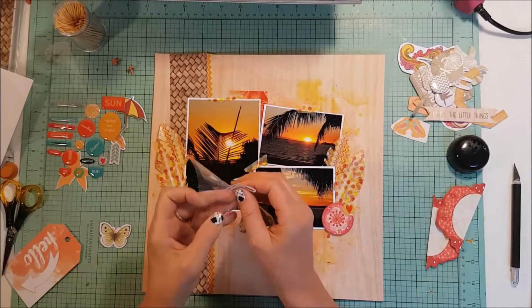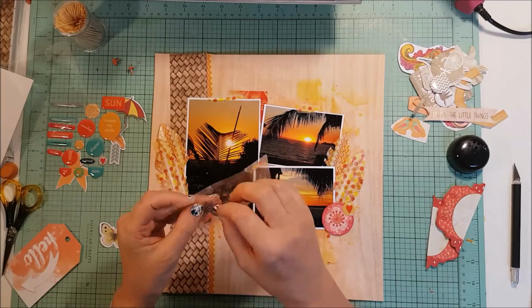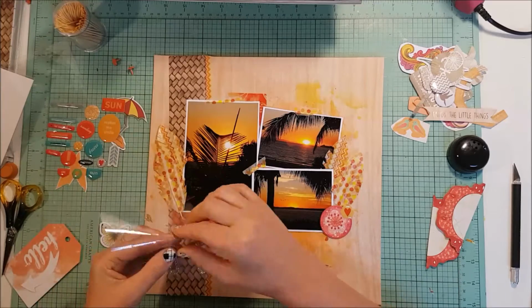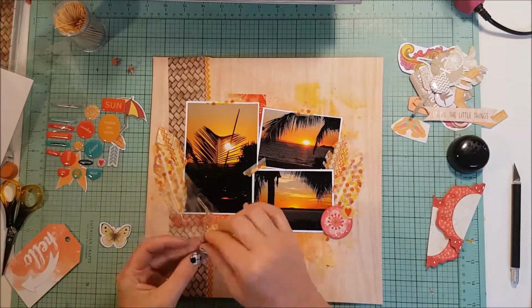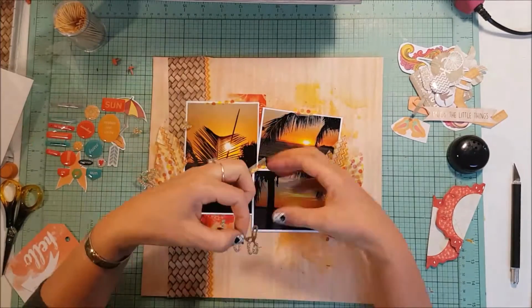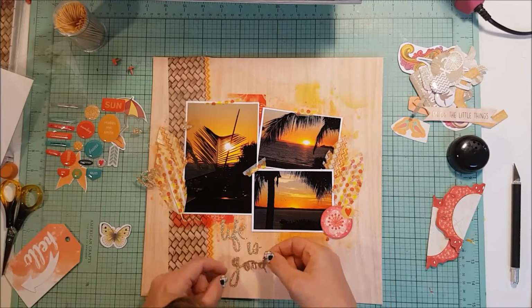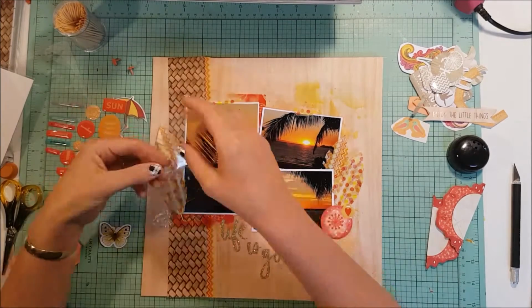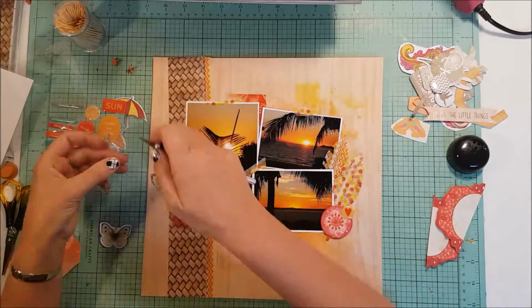So my title is on a piece of plastic, I guess they call it, and it was well and truly stuck to the plastic, and as I was trying to pull it off, the plastic was tearing and I was nearly tearing the actual words themselves. But I managed to get it off and it's down, and my title is Life is Good, which it is,